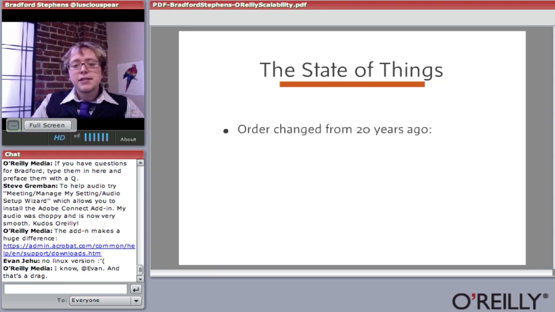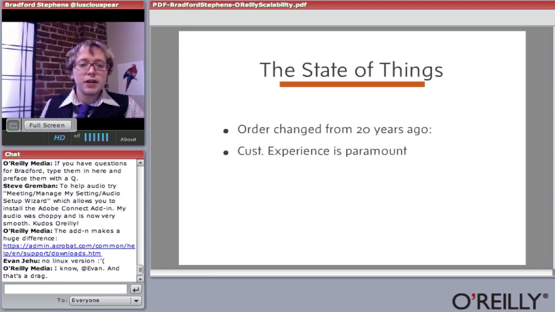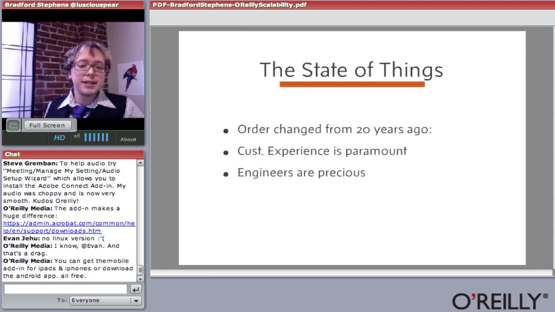So, things have really changed from where we were 20 years ago when it comes to building large systems. The most important thing is the customer experience and everything it takes to enable your web pages to be fast or those queries to be fast. 20 years ago, we were waiting for robots to pull things out of tape decks, and if you had 80 by 60 screens of green text, that was a fine customer experience.